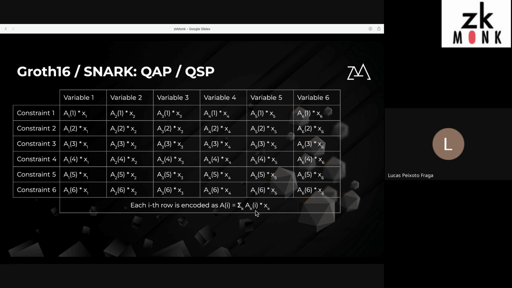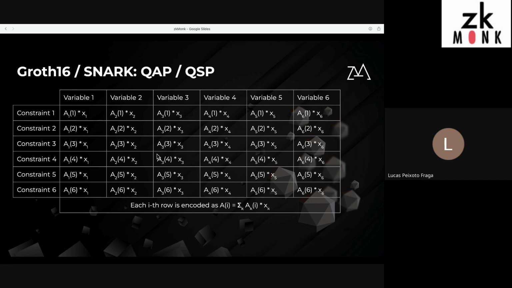They are all being evaluated at the first position because it's the first row, and each polynomial is multiplied by the respective variable. So this way, if we want to verify the value of the first row, we put 1 here in this I, and we will have A1 is equal to